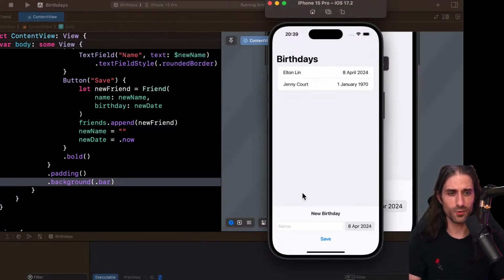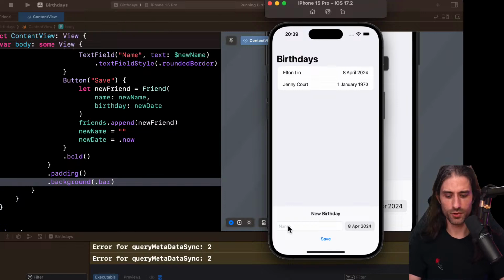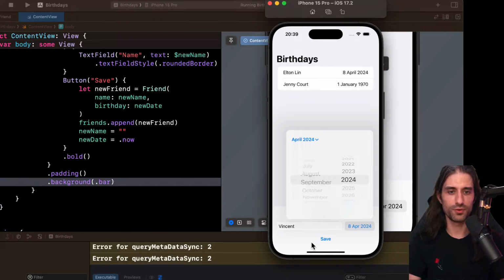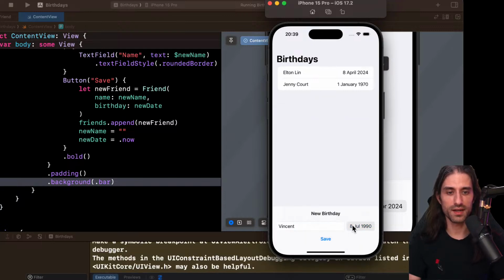So let's go back. We are in the simulator now. So I'm going to write my name. Then I'm going to pick. I've started to put back the. Oh, you can see, interestingly, I wanted to go to July, but I can't because for now, July 2024 is in the future. So you need to first put the year correctly. So I need to put the year first, then the month, July. All right, let's put the correct day. All right, so I've added myself.